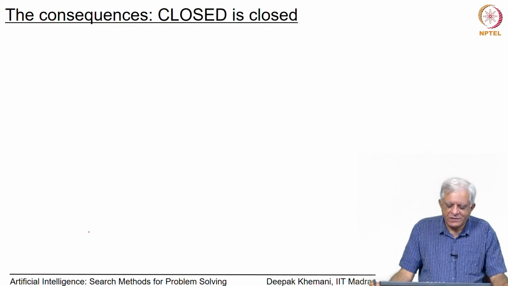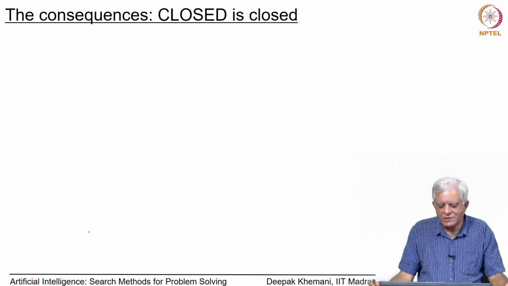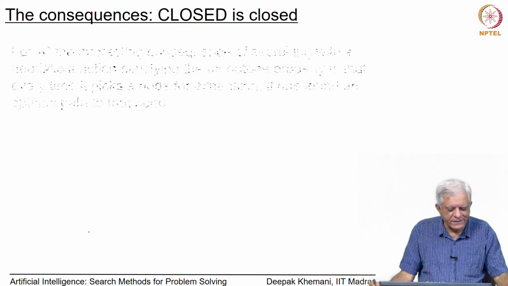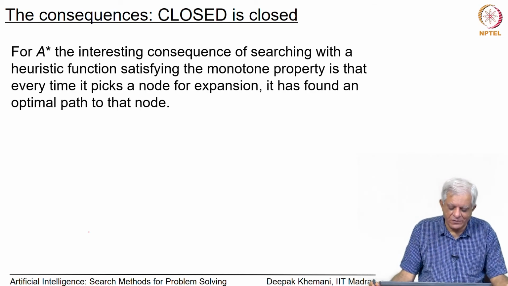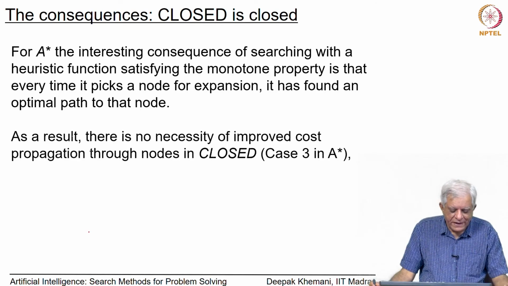So, what are the consequences of this property? The consequence is that when you have added a node to closed, you do not have to tinker with it any further essentially. You have already found the optimal path to that node and you can let it be there. So, then the interesting consequence for A star is that if the monotone property is satisfied, then every time it picks a node for expansion, it has found an optimal path to that node, and remember that when it picks a node for expansion, it adds it to closed. And as a result, there is no need to propagate any improved cost to those nodes which are in closed,